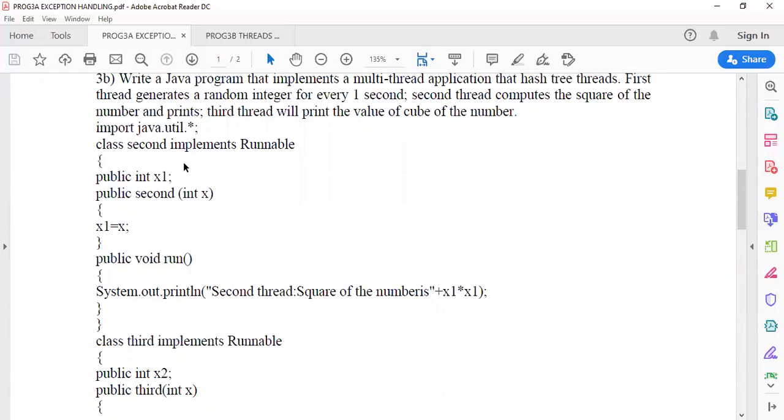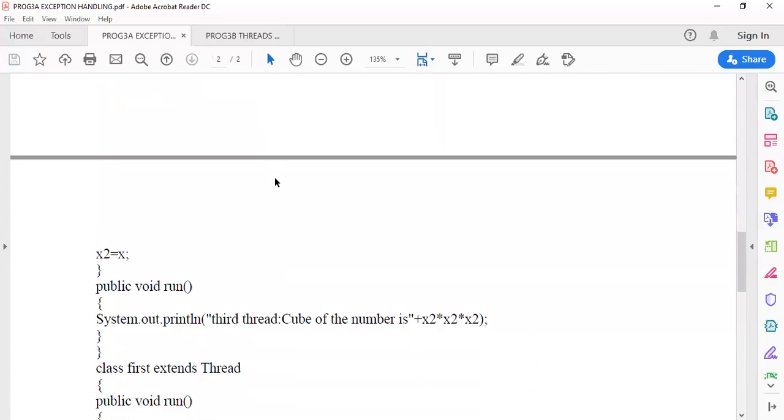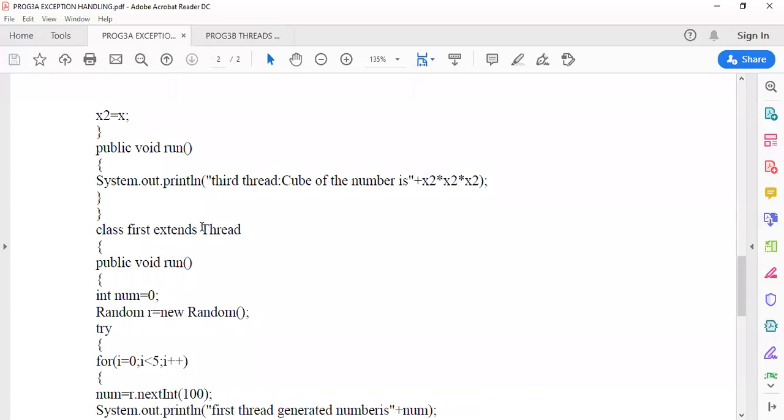In Java, there are two methods of creating threads. One is by using the Runnable interface, and the other is by extending the Thread class.